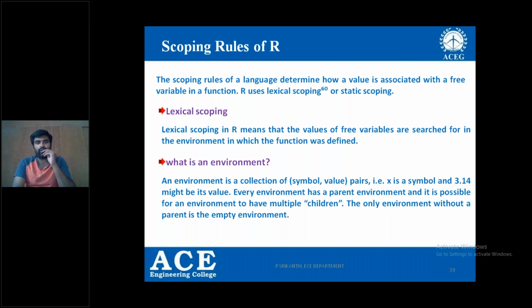That is, in one environment I may define x as 3.14, and in another environment I may define x with another value, say 2.18. So in such a scenario, whenever you use the variable x, it will go in a hierarchical way. First it checks in the global environment, and lastly it checks in the base package.